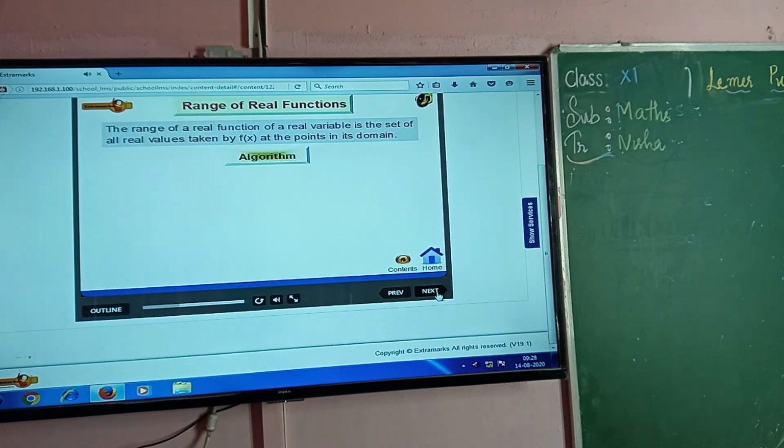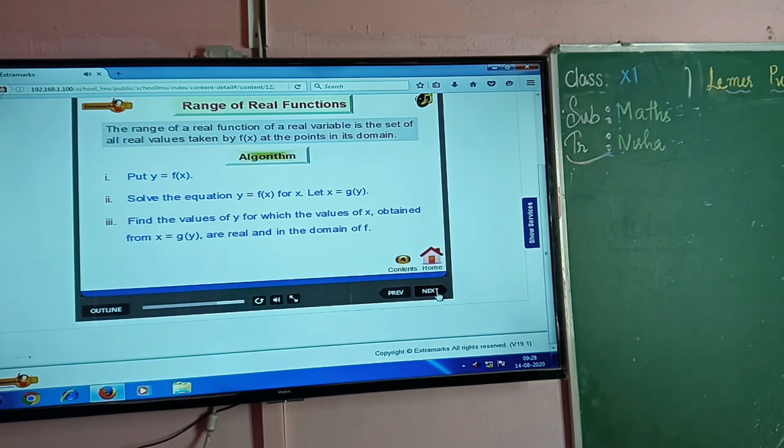Algorithm to find the range of real functions. Put y is equal to f(x). Solve the equation y is equal to f(x) for x, let x is equal to g(y). Find the values of y for which the values of x obtained from x is equal to g(y) are real and in the domain of f. The set of values